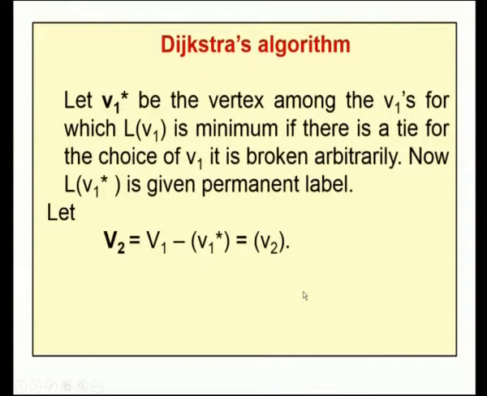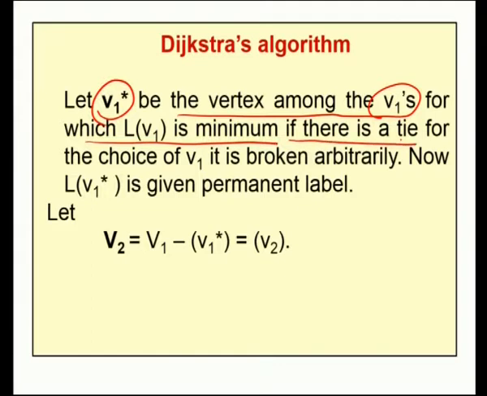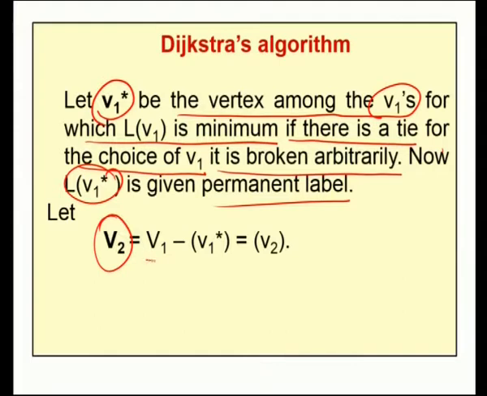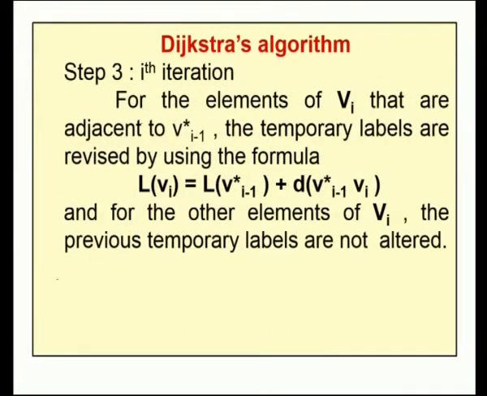The next step is: let V1 star be the vertex among the V1s for which L of V1 is minimum. If there is a tie for the choice of V1, it is broken arbitrarily. Now, L of V1 star is given a permanent label. Now, we set V2 equal to V1 minus V1 star, let it be V2. So, the next step is